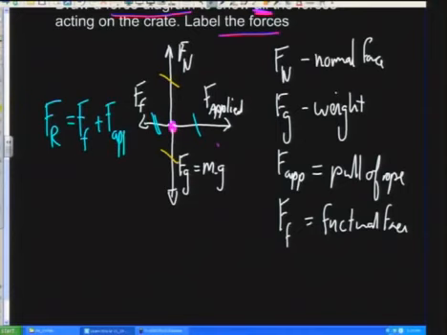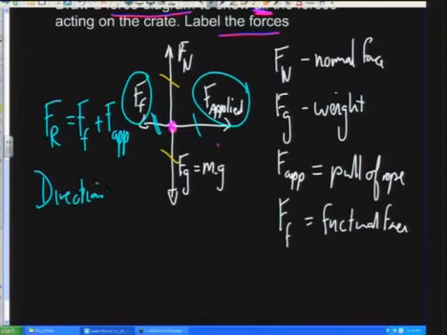But before I go and do that calculation, I need to make sure that I understand that there's direction to it, that the force of friction is in the opposite direction to the force applied. So let me write this down and say, for direction, I'm going to say that